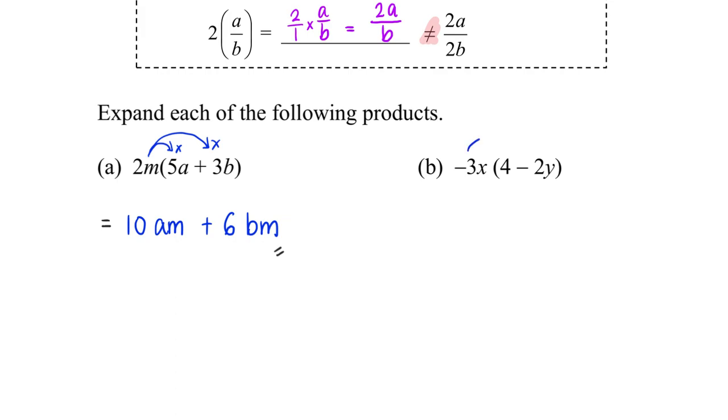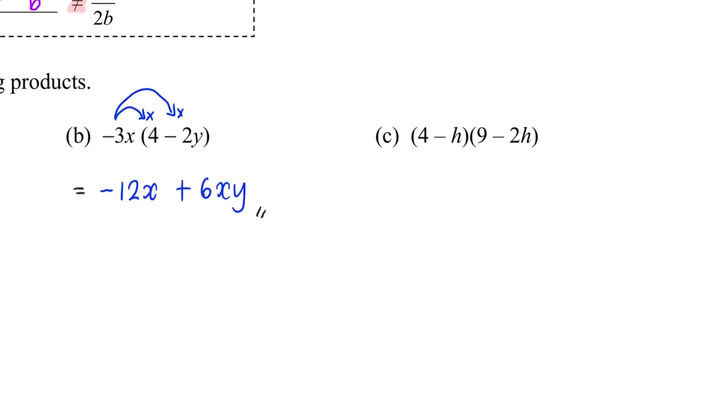Continue to the next example. Negative 3x times positive 4x will give me negative 12x. Negative 3x times negative 2y. Negative times negative will give me positive, in this case 6xy. And we are done. And the last example